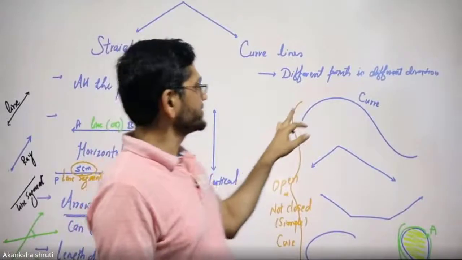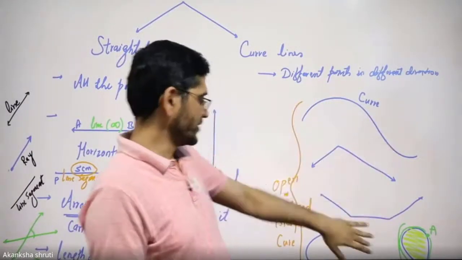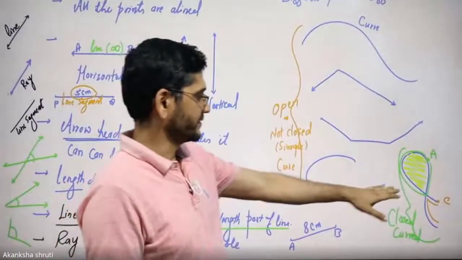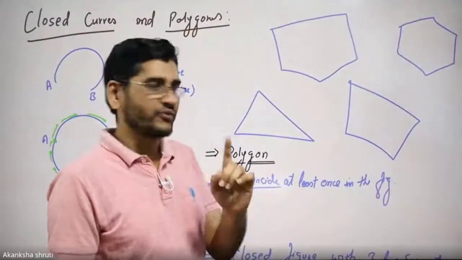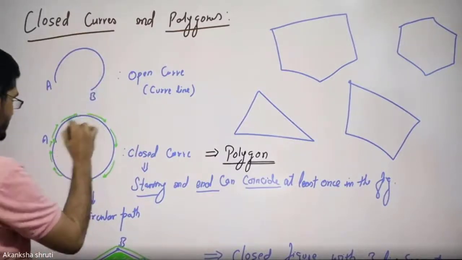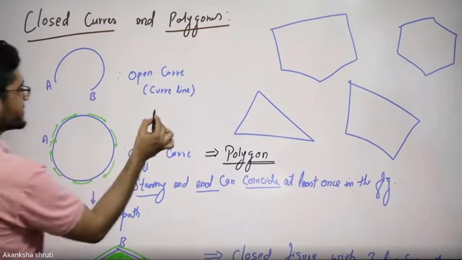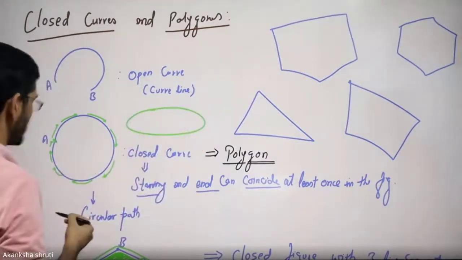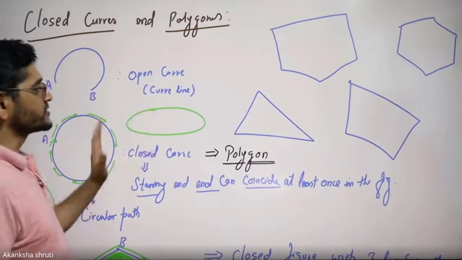If the line is not straight, then it has different directions. It is called a curved line, like here it is shown. If a closed path is formed, it is called a simple curve. If only one closed path is formed, like here AB is just a curve, but when it gets closed as a circle, it need not always be a circle. Even it can be of this shape also, or even this shape, any shape. These are closed figures.